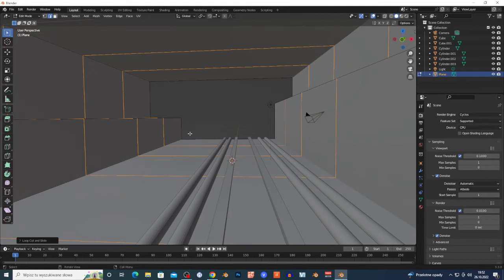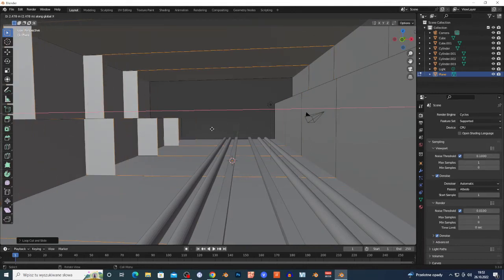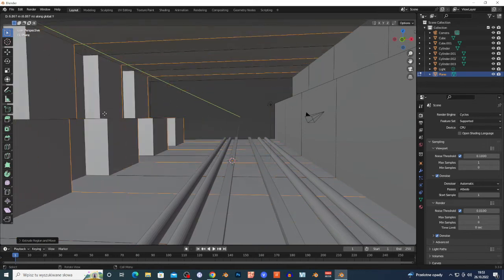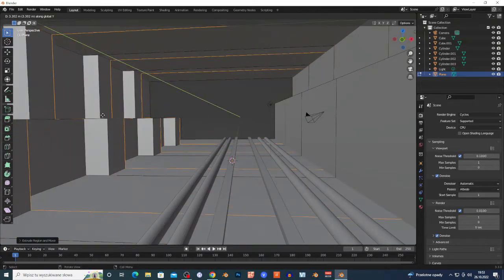Once again, left click and extrude this by EX. As you can see, I'm just adding some more detail, and I'm gonna extrude this in this direction. So EX, and this just creates these planes. EY,